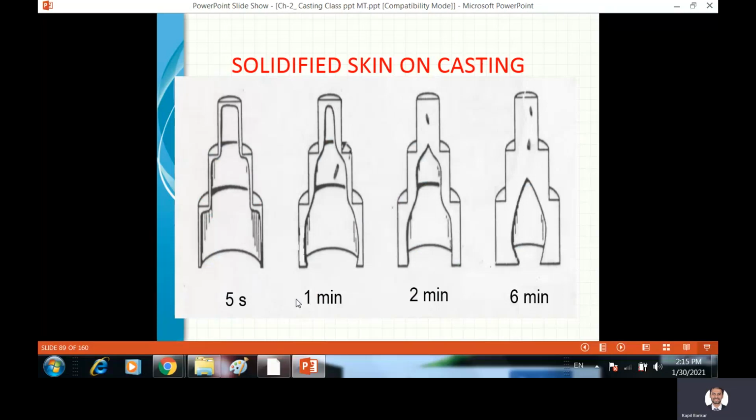And see, after some time, from the end part of the casting towards the larger sections, it will solidify. Here also, from the end part toward large sections, in these directions. From the end part towards the large sections it will solidify. So it is called directional solidification. So here, from the thin part towards the large sections, this is called directional solidification.